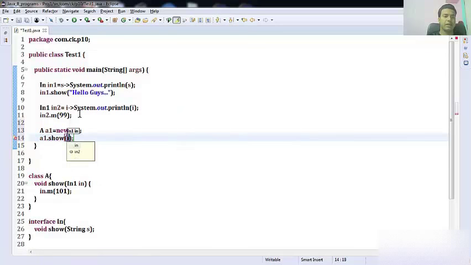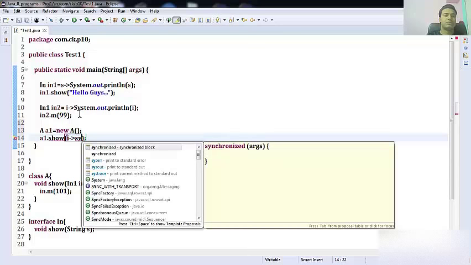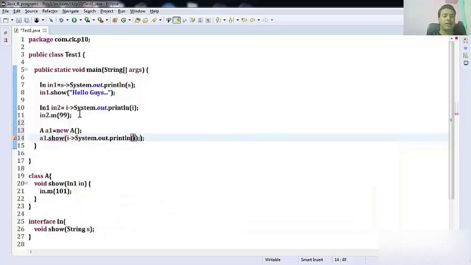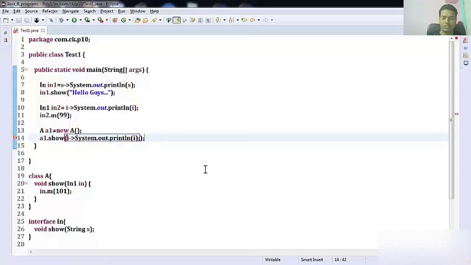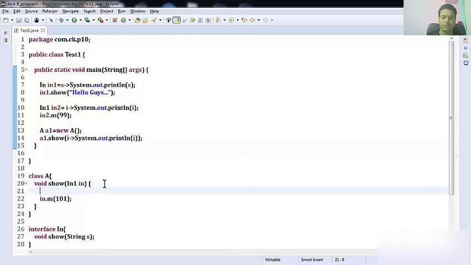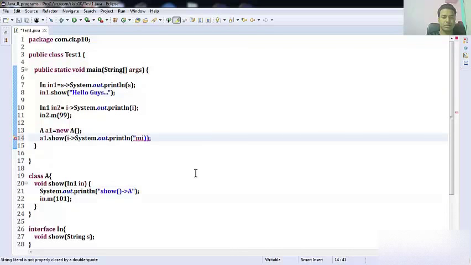So I'll give i, and the implementation of this is to print the i value, right? This is the implementation, so you don't need this actually. So it is done. When you are calling the show function of the A class, you are providing a lambda expression as an argument. And just run it, or you'll give one more message, so it is show method in A class, and this is printing, say, m method